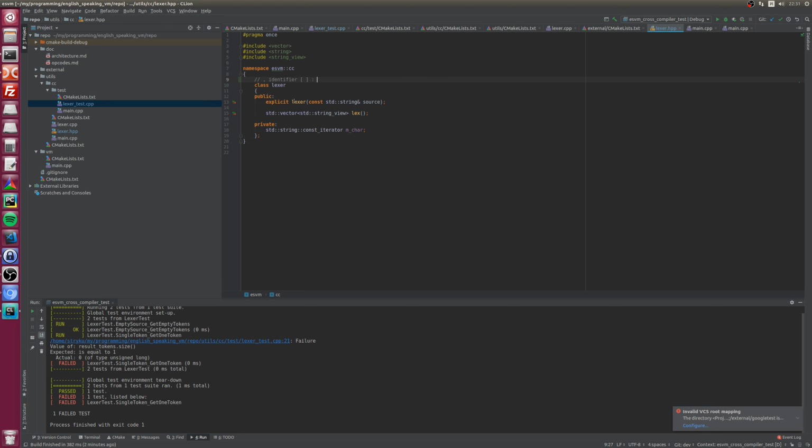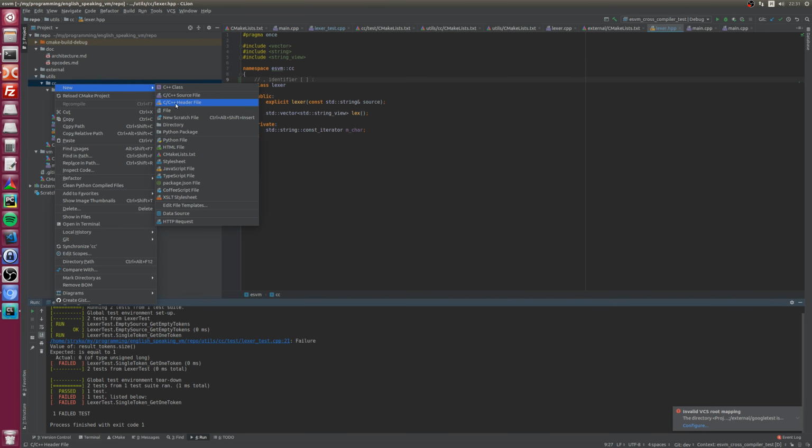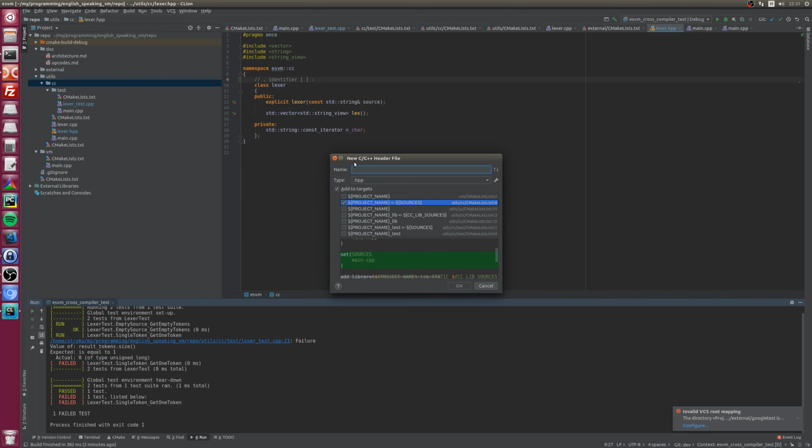Cool. Now let's create an enum with token types. It's going to be just a header file.